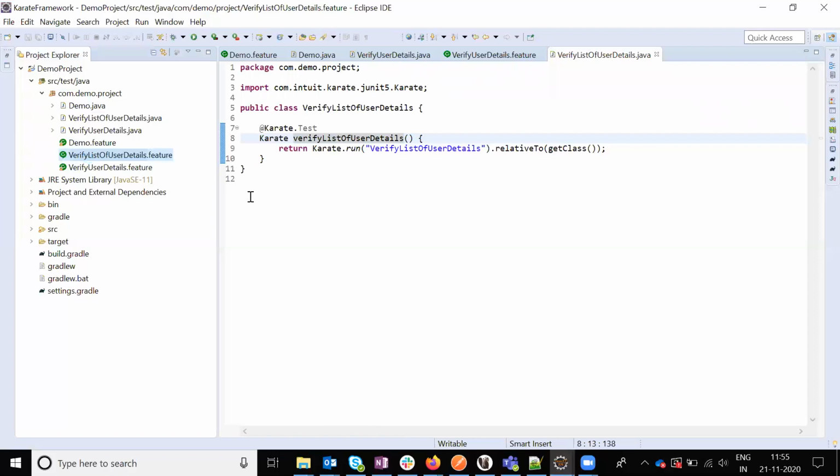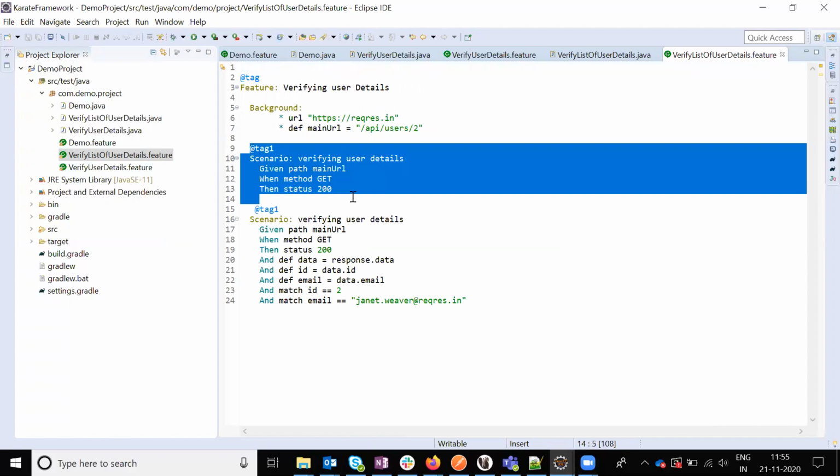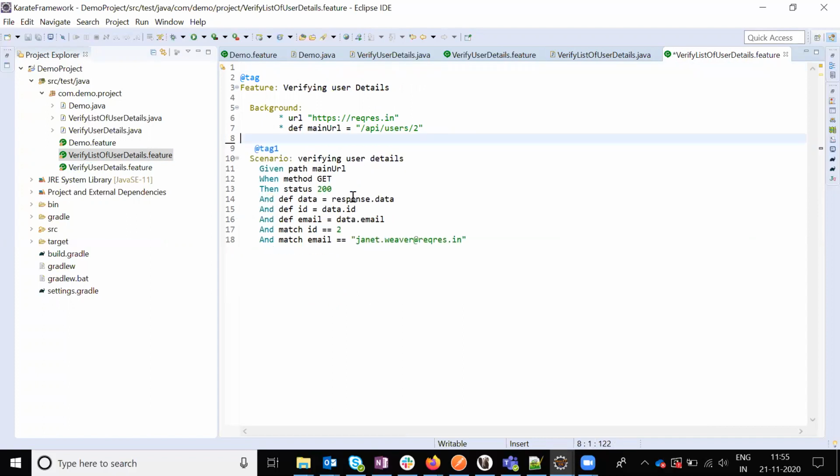In the previous episode I explained how to verify the values, right? In the same place I'm going to verify a list of values. The same class I'm going to use, the same code, nothing different, but a little bit of modification. Now here I'm going to give %0 because it's a list, right? For that I'm going to give this list of values.